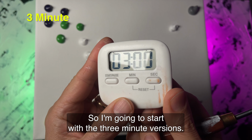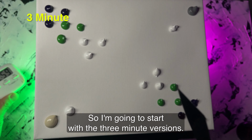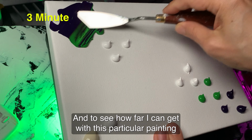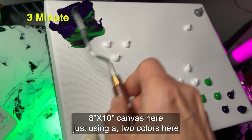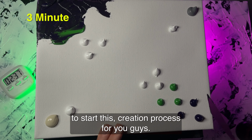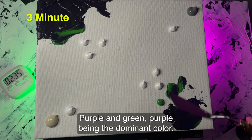So here we are. I'm going to start with the 3-minute version and see how far I can get with this particular painting, an 8x10 canvas. I'm just using two colors here to start this creation process for you, purple and green, purple being the